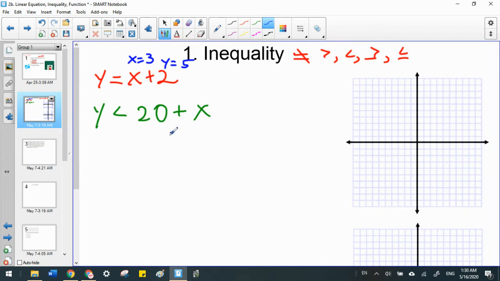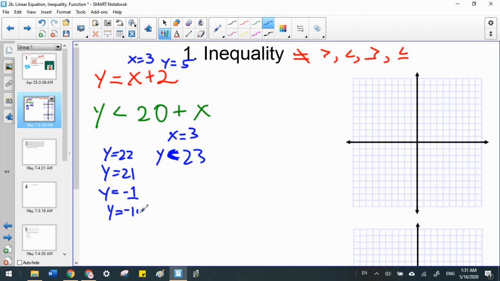So for a situation like this, if I decide to make x 3, you do 20 plus 3 and you get the idea that y is related to 23. But in this case, y just has to be less than 23, which means that y could be 22, y could be 21, y could be negative 1, y could be negative 100. So when it comes to inequalities, when you have a number for one variable, you actually have an endless number of possible values for what the other variable is allowed to be. And that is the nature of